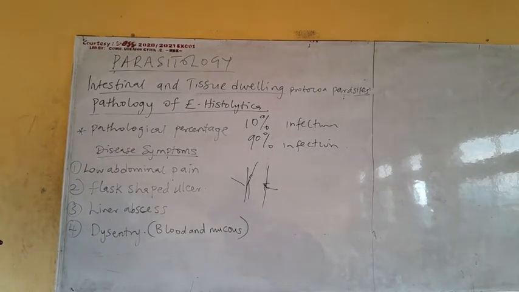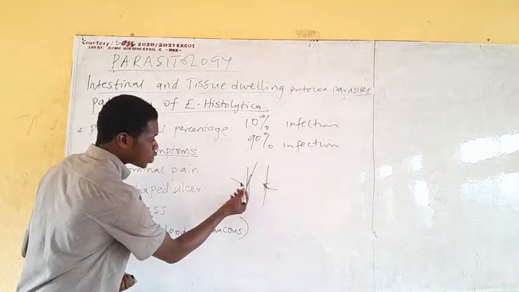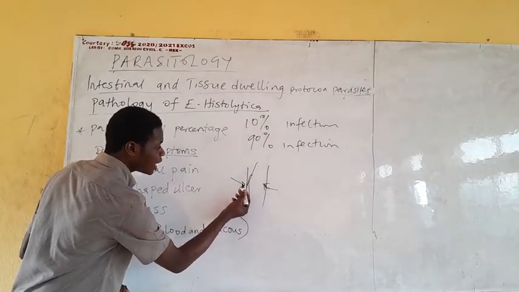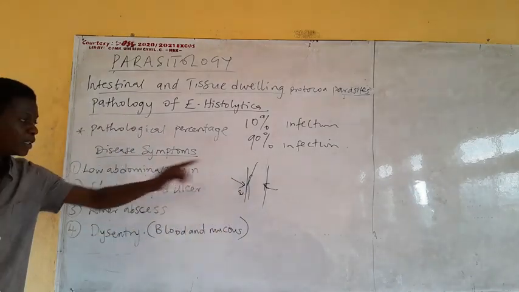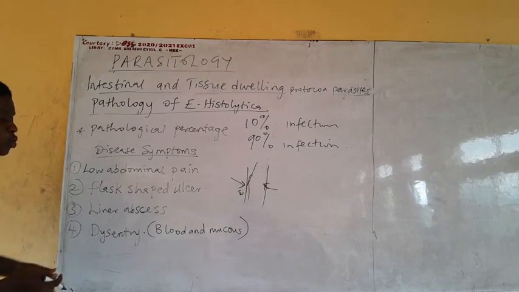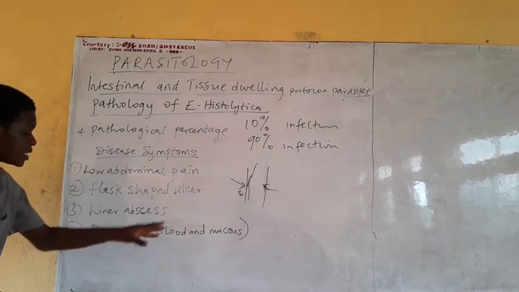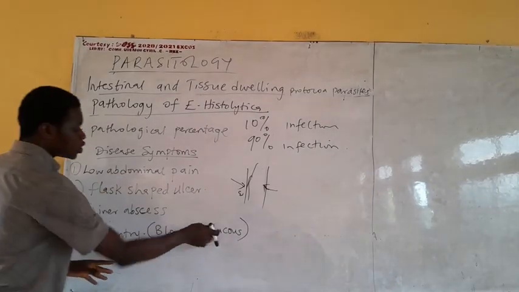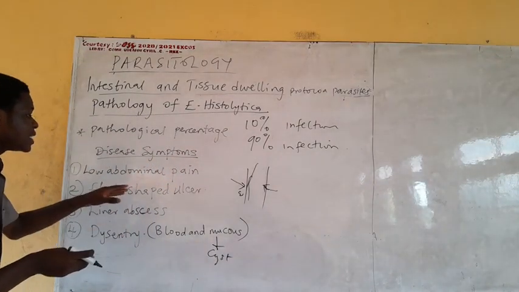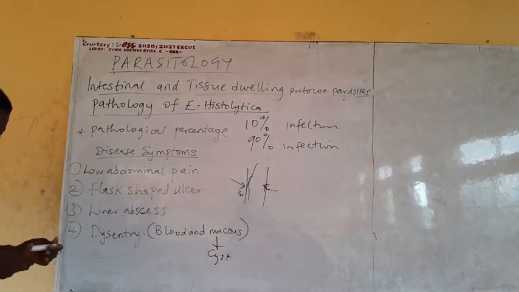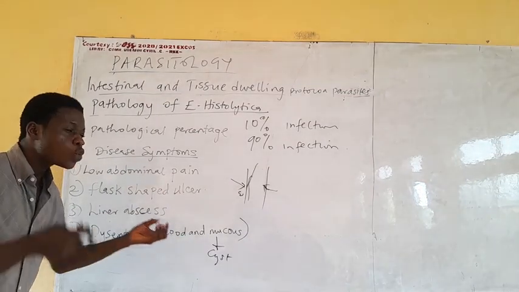Then coming to dysentery, during this process of invading the mucosa, there is blood that comes off as it invades the walls of the intestine. This blood moves through the large intestine and comes out in the feces, also involving mucus. This mucus is formed due to the cyst. So at this stage, remember that there will be cysts at the large intestine, and when there is a cyst at the large intestine, the whitish stuff covering it can as well be found